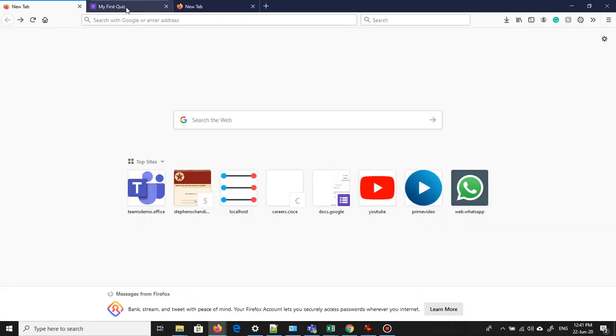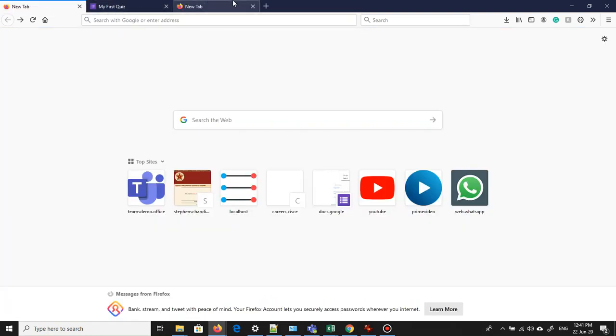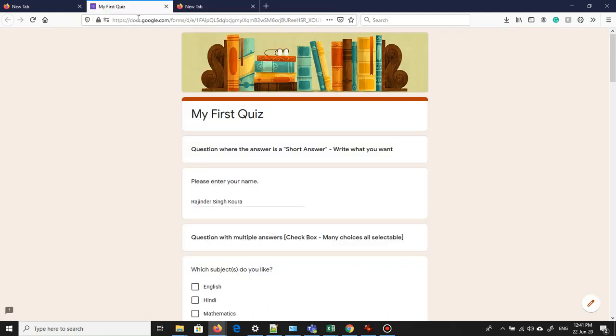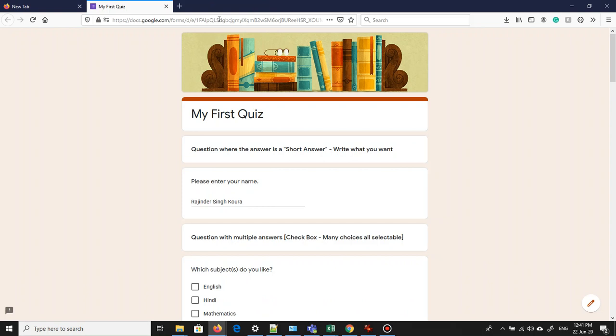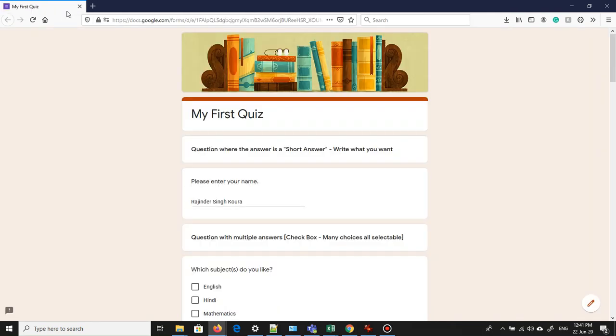In a browser, you see things on top. These are called tabs. Okay, so the first tab is an empty tab, and the last tab is also an empty tab, and the middle one is actually containing a form. All these tabs have a cross on the right hand side. That cross is basically used to close the tab. So if I want to close this tab, all I need to do is click on this cross. That tab is closed. And if I want to create a new tab, you need to click on the plus sign. It automatically creates a new tab. Alright, so let's forget about this tab. Now this is the tab which we are working on right now.